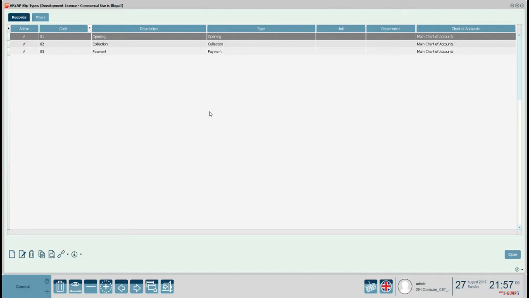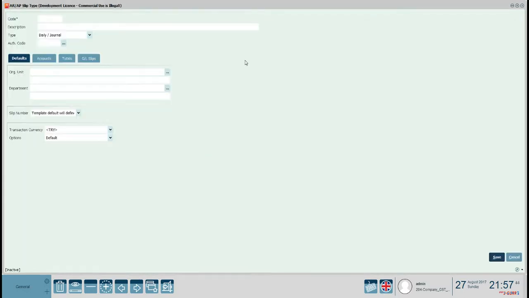Slip types are recorded using the ERP slip types option located under the slip type option of the type menu in the system setting section. A separate slip type is defined for each of the ERP payments, collection, exchange rate difference, debit and credit transactions, and the characteristics of each type are specified on different windows. A slip type and its characteristics are defined using the new option. If I click on new on the ERP slip type list,